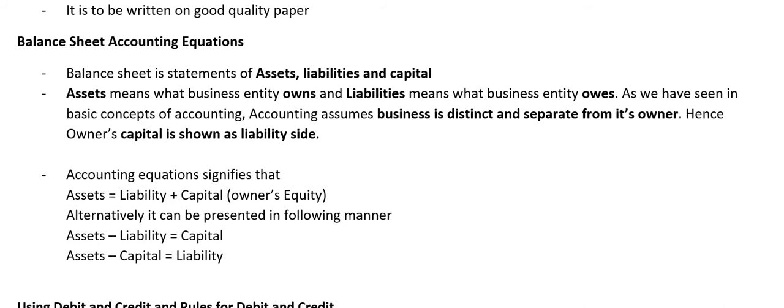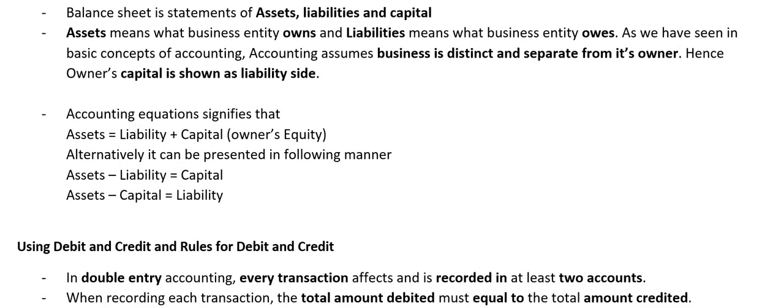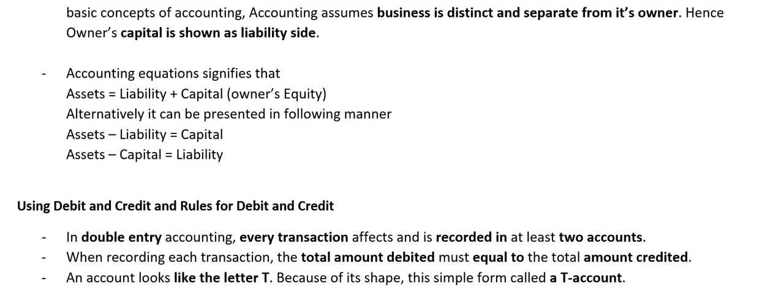Now we will move to the next concept, that is using debit and credit and the rules for passing debit and credit entries. What we are studying is the double entry accounting system. Every transaction must have a twofold effect, a dual impact. So every transaction is to be recorded in at least two accounts. The amounts recorded in the two accounts must be the same. So the total amount debited must be equal to the total amount credited. Then only my financials will tally. So I cannot pass an entry with a debit of 100 rupees and a credit of 80 rupees. The amount must be equal for each entry.